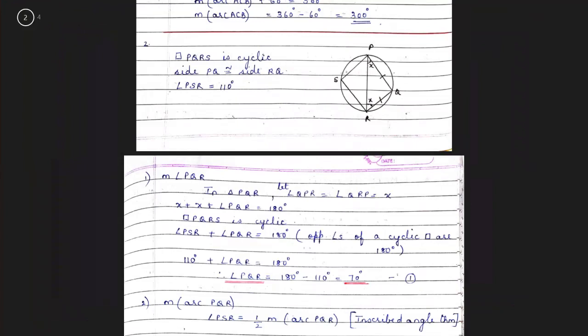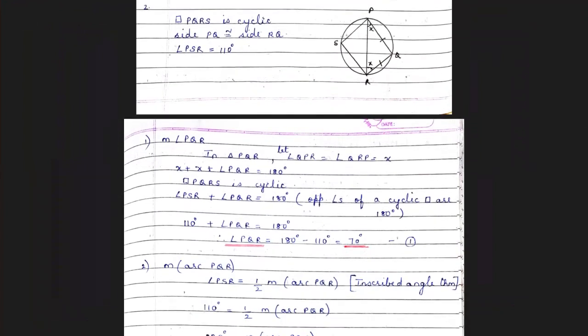Now, since side PQ is congruent to side RQ, mark the congruent sides, and since the sides are equal, the angles opposite to them are equal, I have marked it as X and X. Okay. Now the first question is to find out measure of angle PQR. Now, for this particular question, you can ignore the first 2 lines. Okay, start from the third.